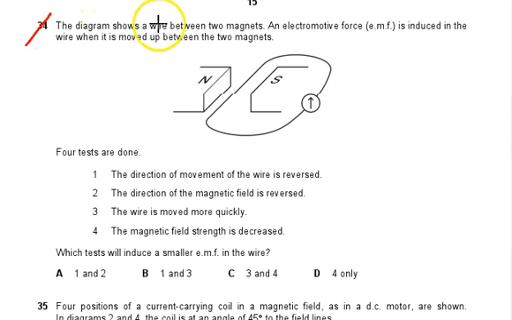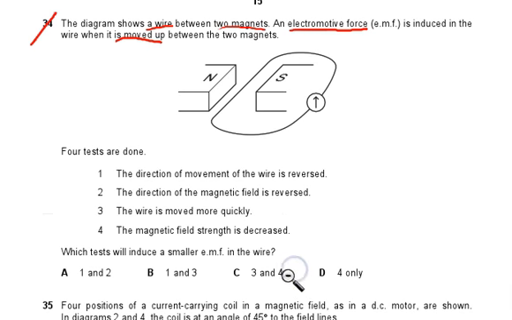Okay, number 34. The diagram shows a wire between the two magnets. An electromotive force, EMF, is induced in the wire when it is moved up between the two magnets. Okay, 4 tests are done. Okay, this is the induced current. You have the direction of the movement reversed, the direction of the magnetic field reversed, the wire moved more quickly, you have a higher, so this is the same magnitude,